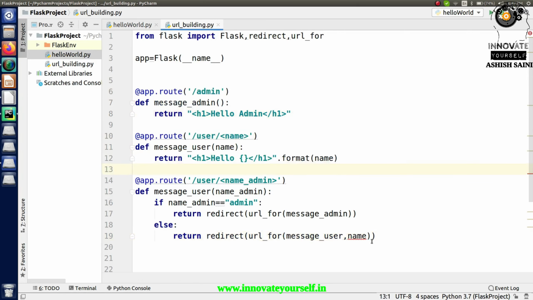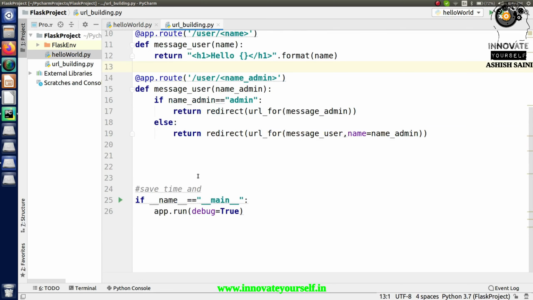So in here I have to pass it, and what will be the value for that? That value will be coming from here, right? So just copy this and paste it here. This is how exactly I am going to fetch the values, and I am accordingly going to put the conditions for that. If that value is an admin, then it will call this action, otherwise it will call this action, right? So this is how exactly it is going to work, and I hope we are done with this part.